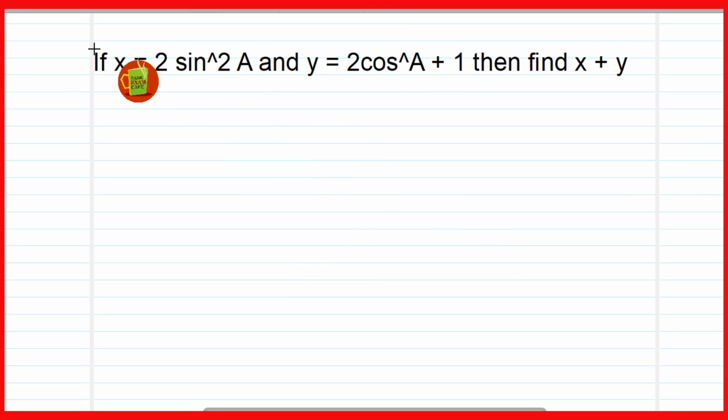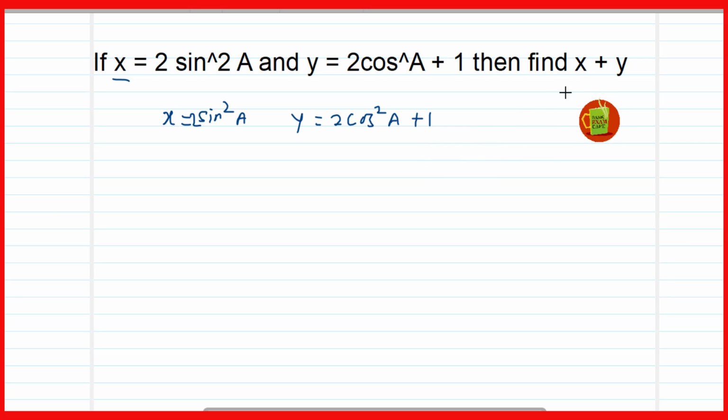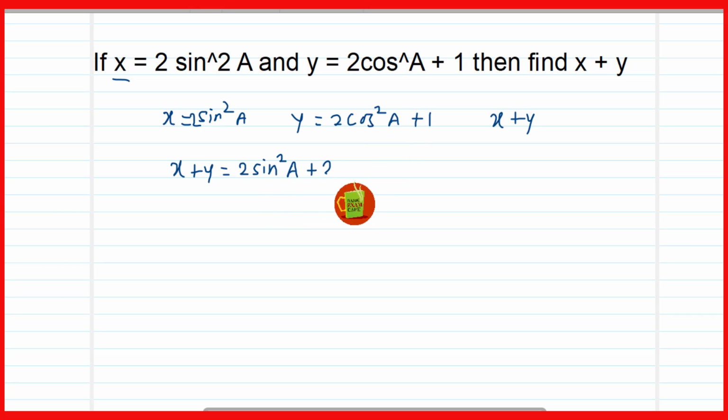Now here is another question on the screen. If x is equal to sine square a, and y is equal to 2 cos square a plus 1, then find the value of x plus y. So here you will get x plus y, that is equal to 2 sine square a plus 2 cos square a